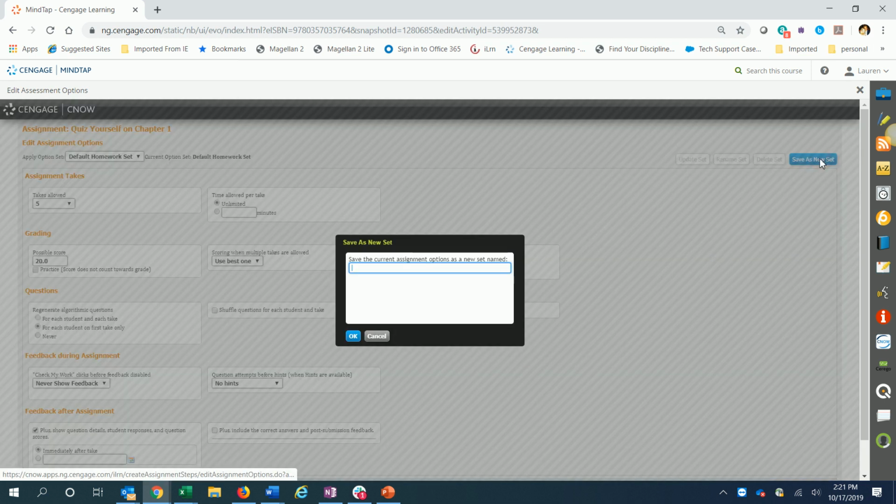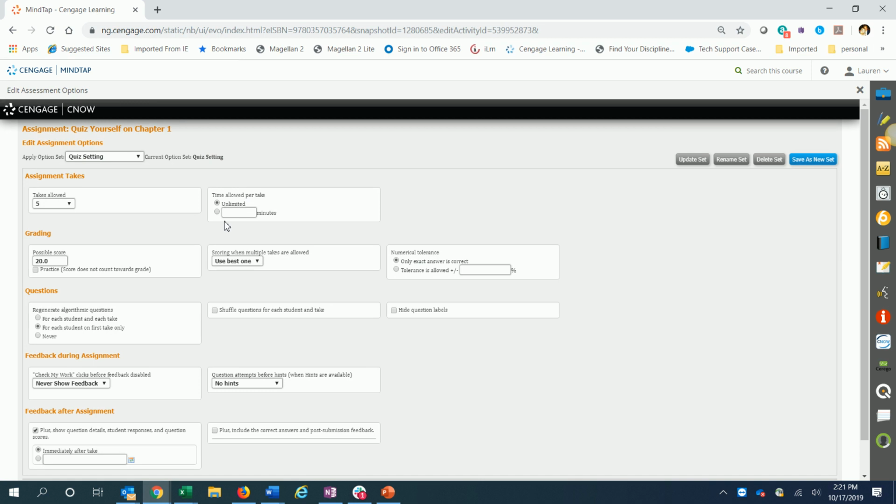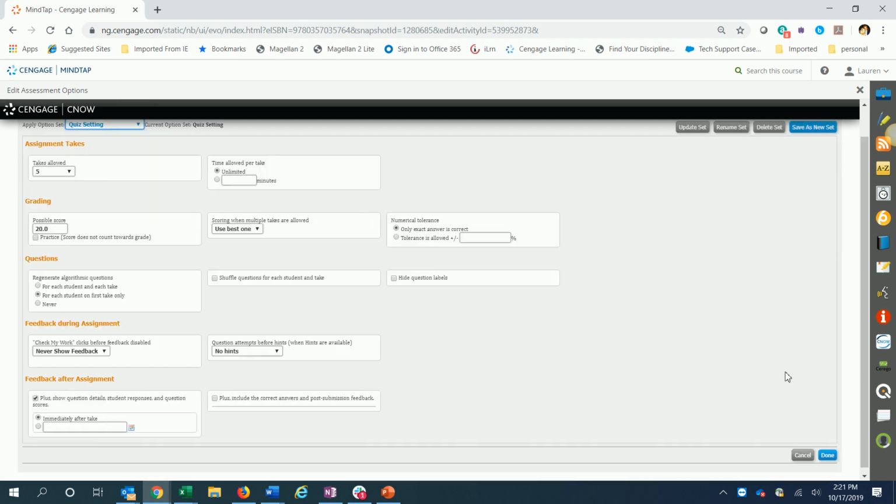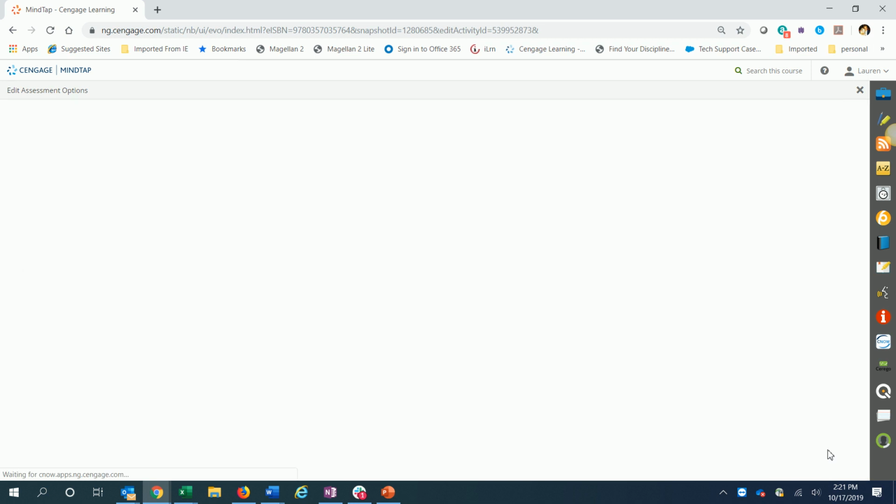Once you're done, you can click Done here, or another option, you're able to save this as a template set. So if I click Save as a new set, I can give it a name. We will call it Quiz Settings. Click OK. And then you can see that it turns it into a drop-down template that you can select. And then you can select Done